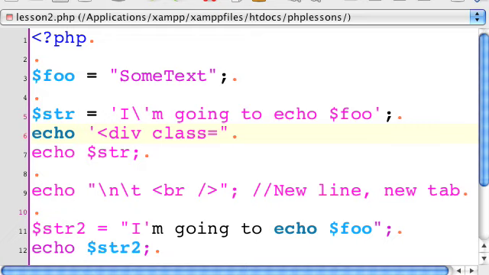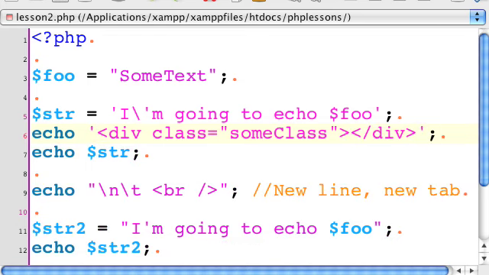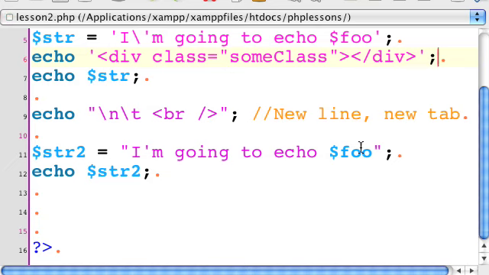Since you're using single quotes, you don't need to escape this double quote. So this allows you to save two backslashes, and you can say some class here. But that's kind of beside the point. So now let's